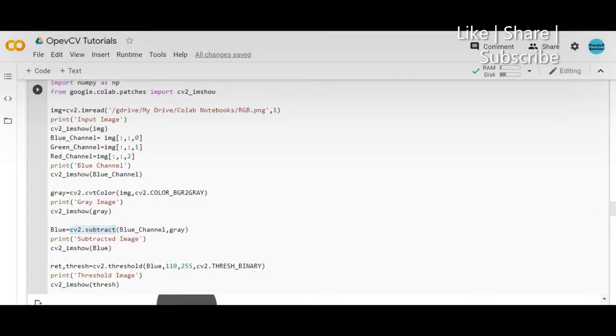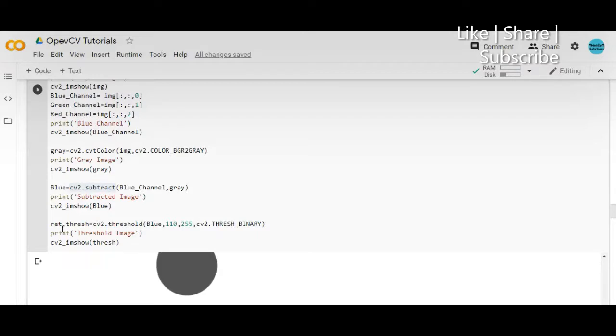Then I am doing the thresholding, as we have done in the last tutorial, using an inbuilt function called cv2.threshold, and I am using this particular variable blue. So I am passing that variable here, that is the subtracted image, and I am passing the threshold value as 110, that is anything greater than 110 I want to be displayed or converted to white.